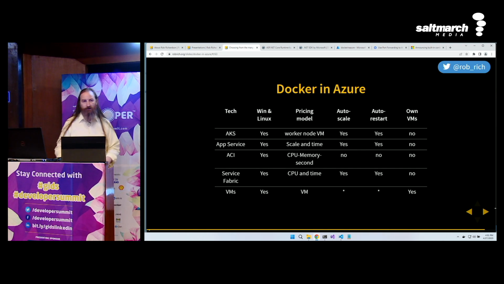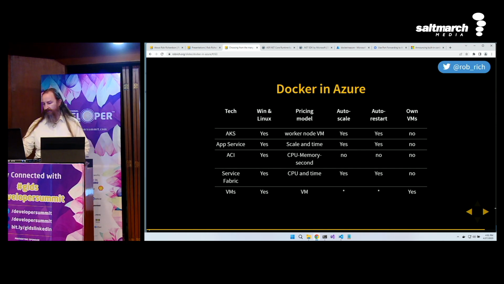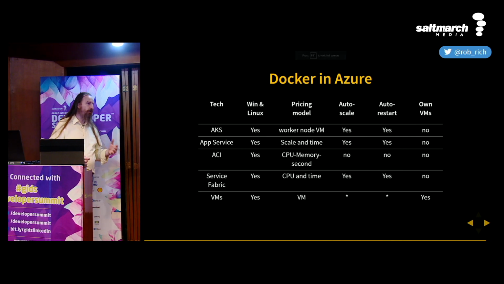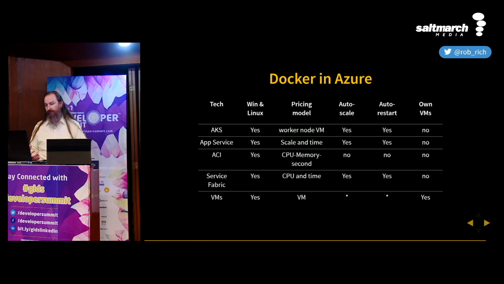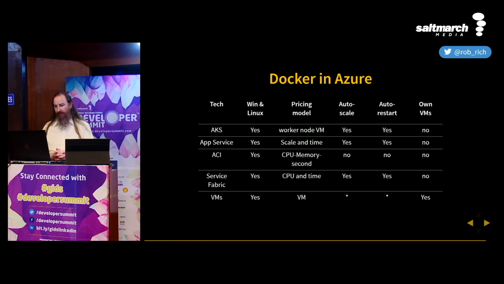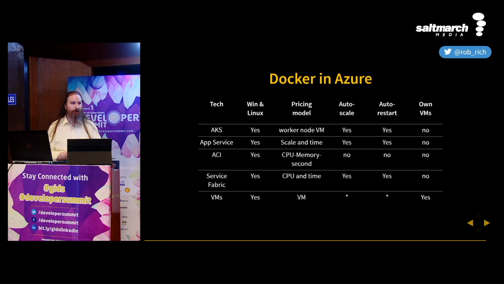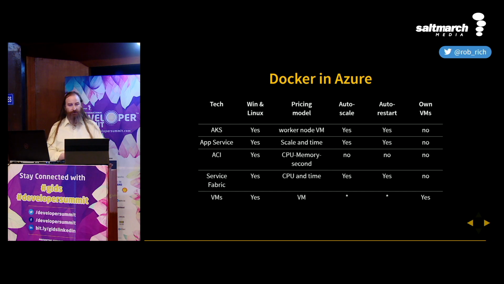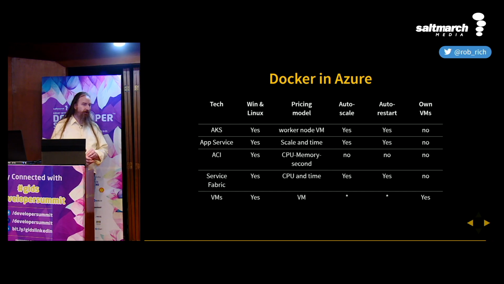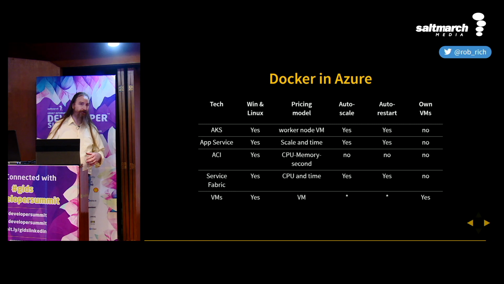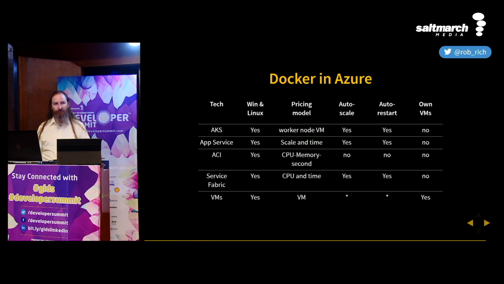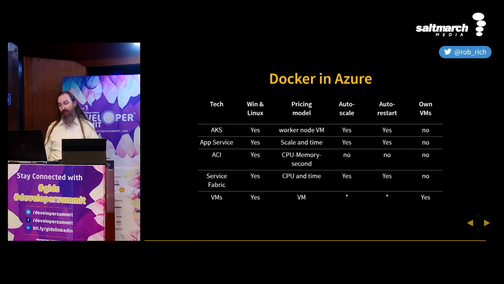So putting all of this in a grid, and this is the money shot of comparing all these things, we can see that they all work on all platforms, that certain pricing models apply to each one, and which ones allow me to auto-scale, and which ones do I own that auto-scaling. Azure Container Instance is the only one that doesn't automatically restart, and from what I understand, they have recently built that, so maybe it does now. And the only one where I own the VMs and need to patch them is, well, just getting VMs.